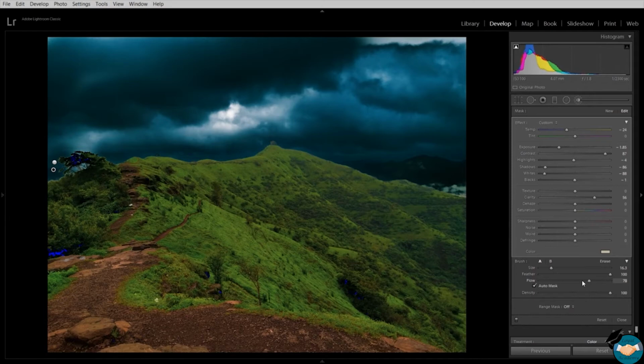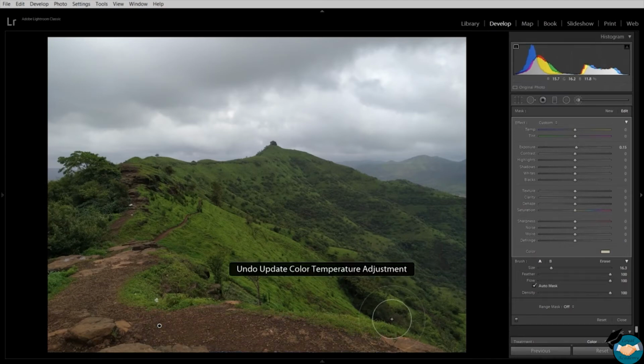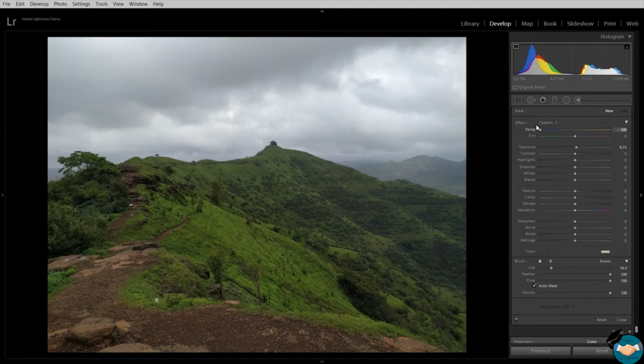So autobrush will create a mask. Just save this image. If you want to create multiple masks, you can create more masks. So here just reset this image so that all settings will go back to default values. And now let's create another autobrush, and this time we will select this path or the way on the mountain